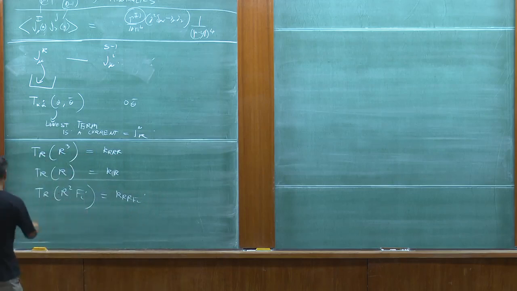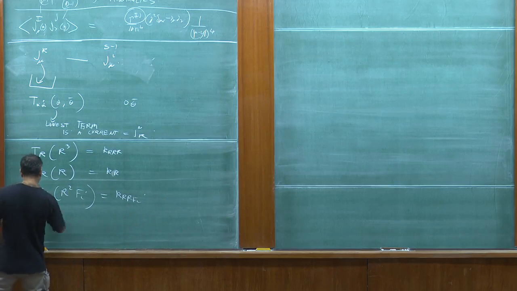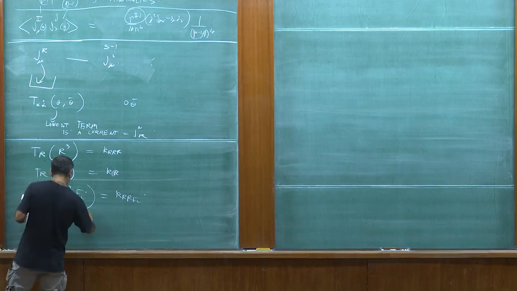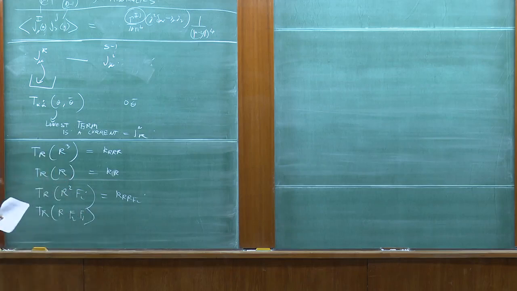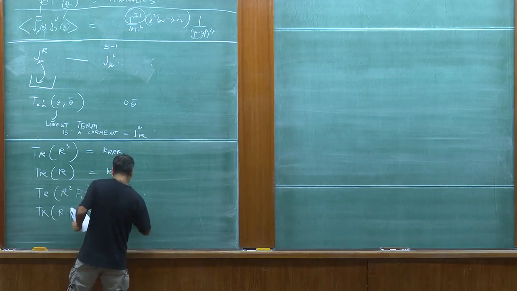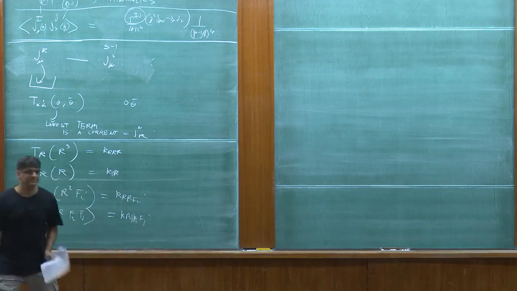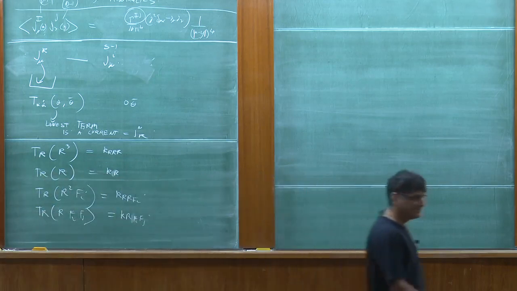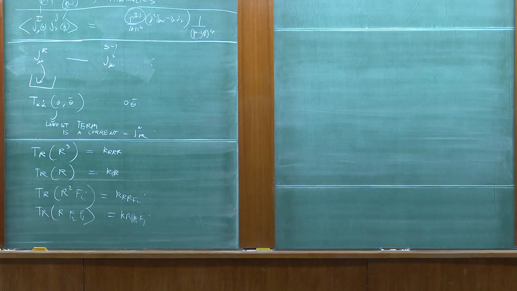And finally, we could be interested in trace R F_i F_j. We give this another name, K_R F_i F_j. At the moment we're just giving names to various anomaly coefficients. Is this clear? Okay. Now,